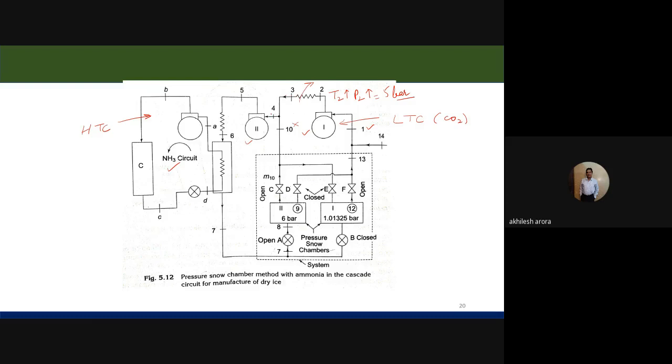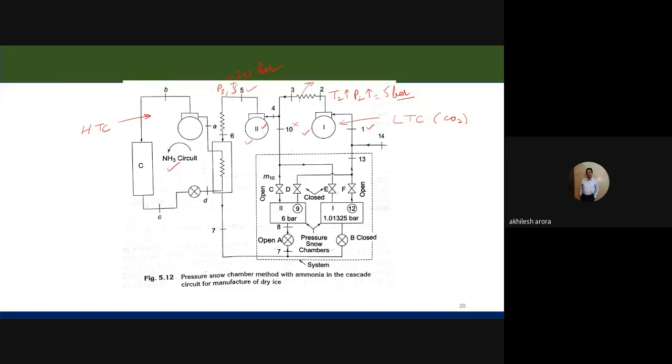From here, we are taking the CO2 gas to the higher pressure compressor. Here it is once again compressed up to point number 5, where we can call the values P3 and T5. So the pressure after compression in the high pressure compressor is now increased; it could be around 20 bar.